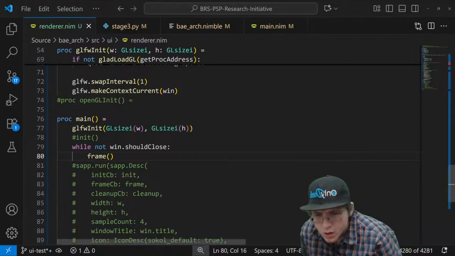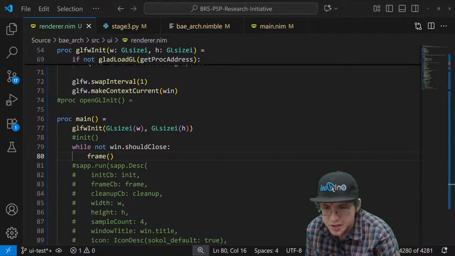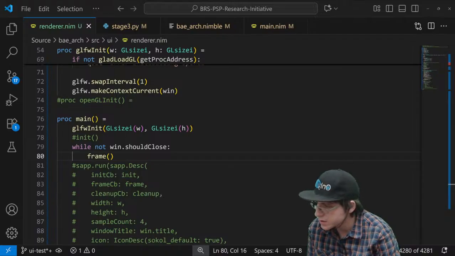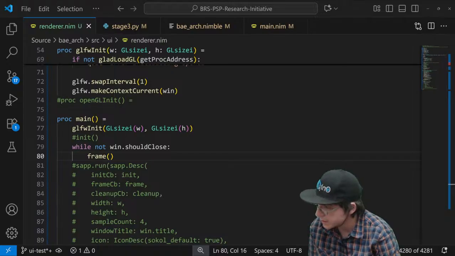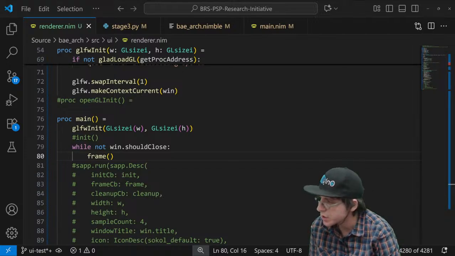Ooh! Okay, what broke? Okay, so I can't... Huh! I can't assign it. Interesting. Yeah, it says I cannot assign should close.